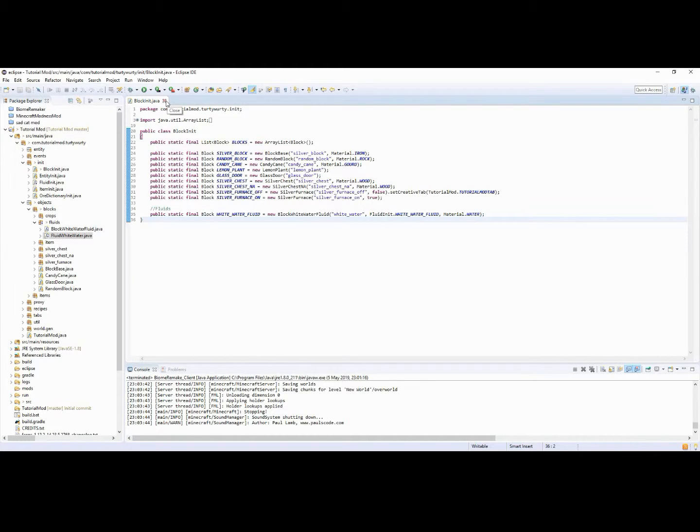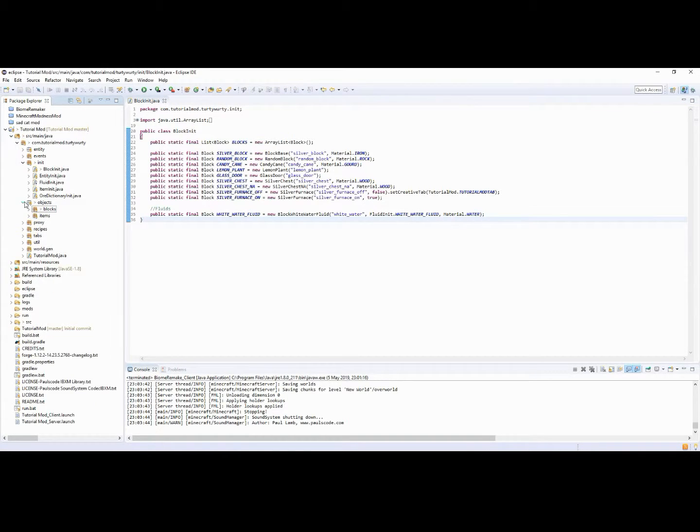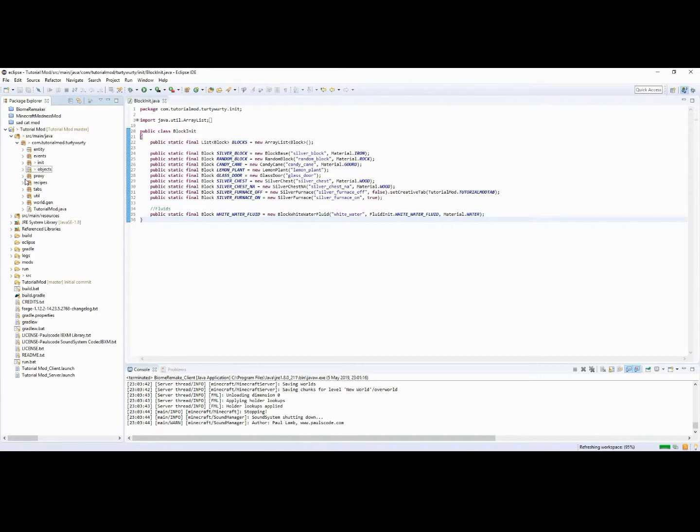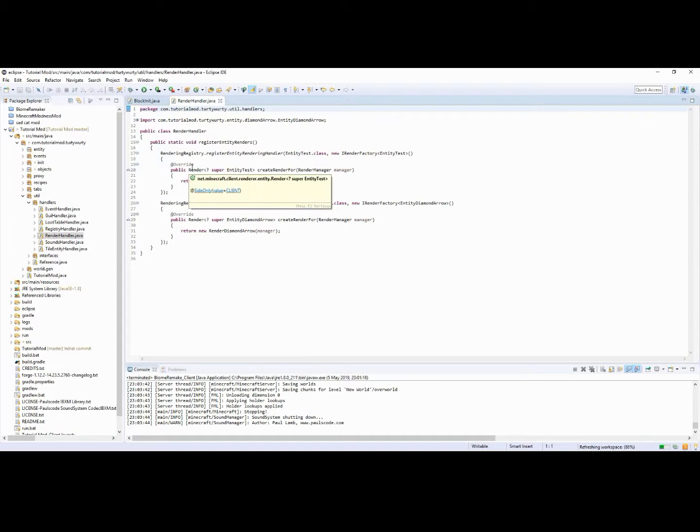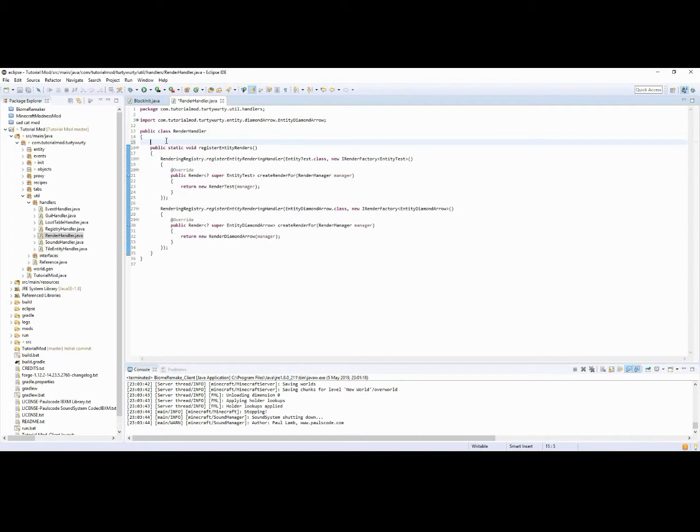There you go. Now we need to actually go into our render handler. If you don't have this class, it is all on my GitHub. So all my code is now on my GitHub, and that makes it easier for people who haven't watched past tutorials. So all you need in the render handler is public static void. Actually no, because we are creating a new method inside of here today. So first in here you want to put public static void